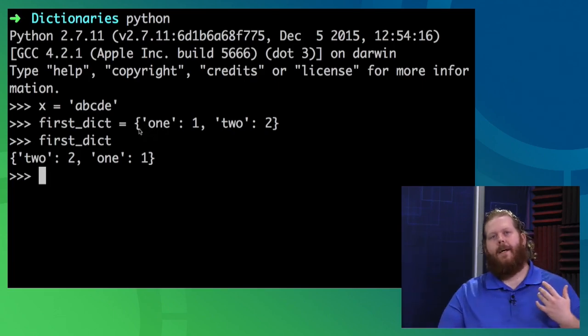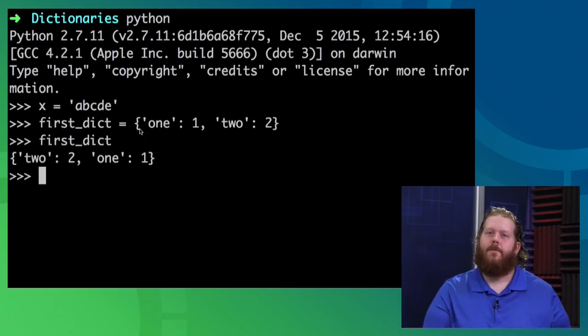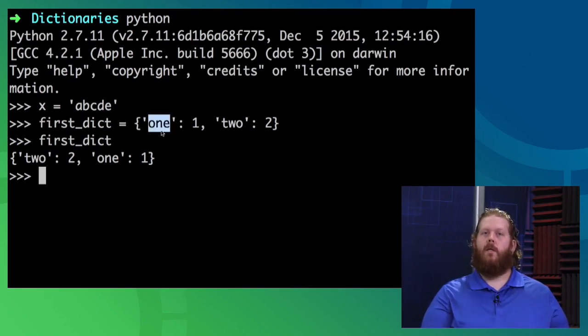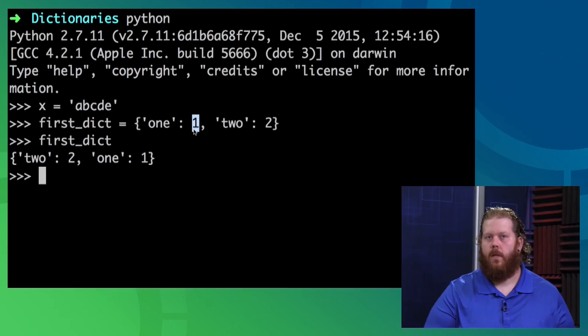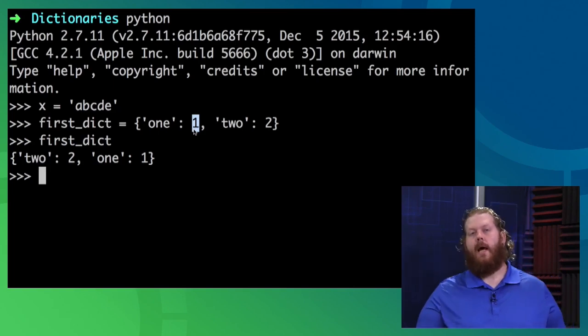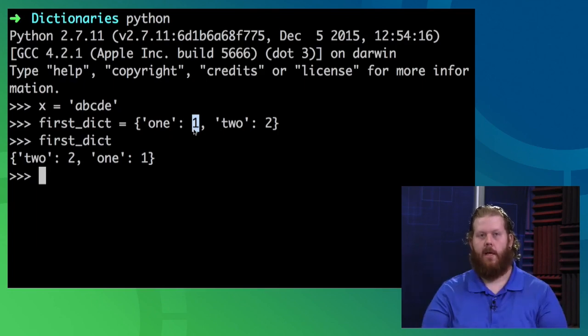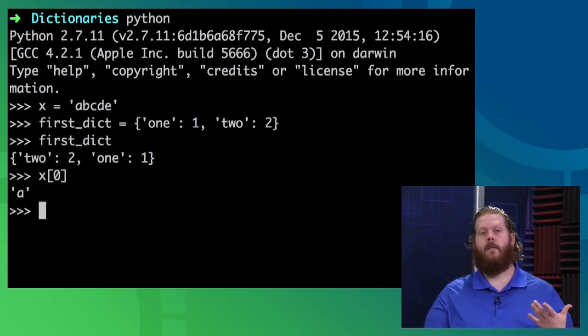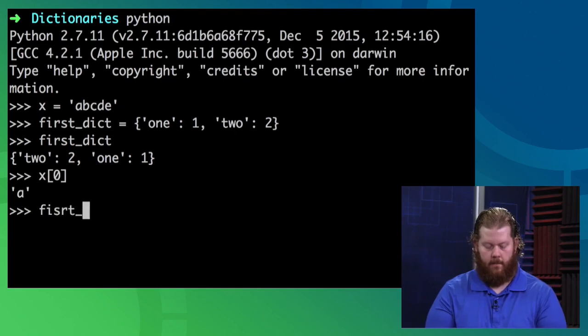Also, I said that we're going to get rid of some of those curly braces. Well, they do crop back up. This is a way of defining a dictionary in a literal sense, where 1 is associated with the number 1. Now I effectively have a collection where, instead of asking for the 0th element like in the string up here, where I get A, I can't do that.